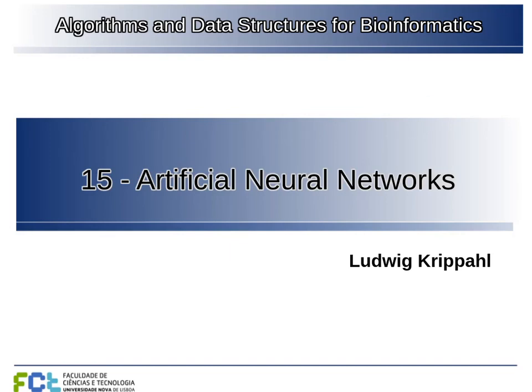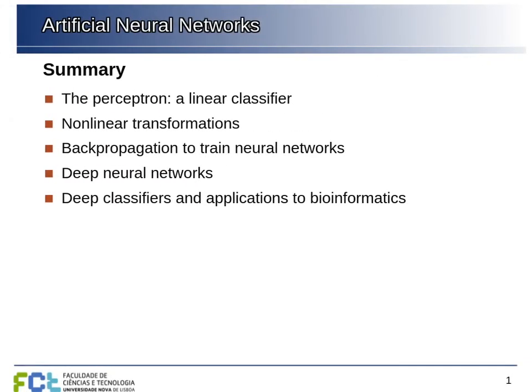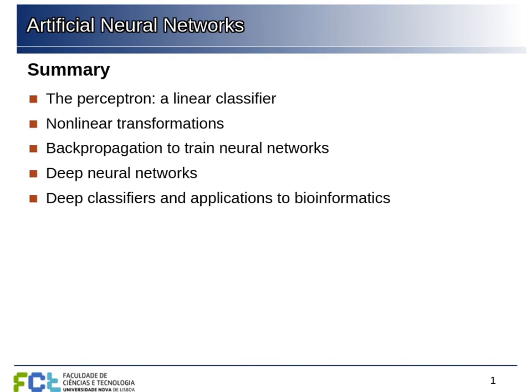In this lecture, we're going to take a brief look at artificial neural networks. This is a very broad and deep field of research with lots of new activity, but we can only have a more superficial look at the basic ideas. So I'm going to start by talking a bit about the perceptron, which tries to emulate or model a single neuron and is just a linear classifier.